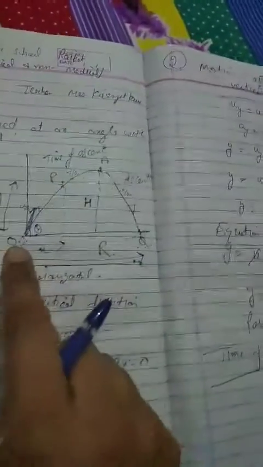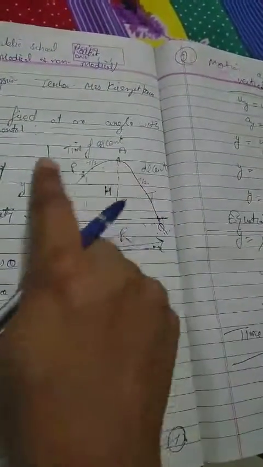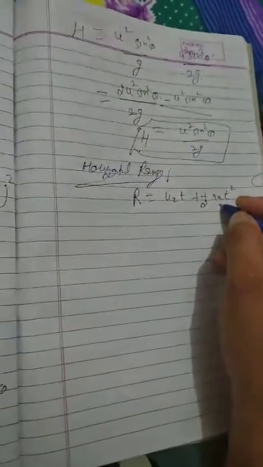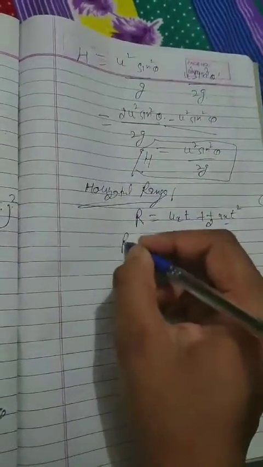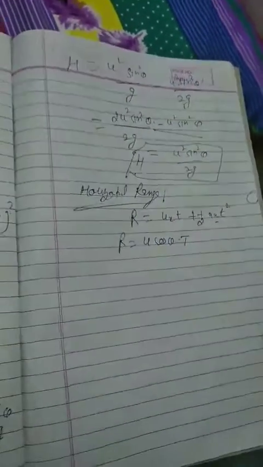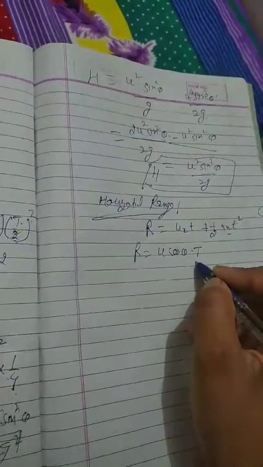Now to cover the distance from O to Q, it will take the full time capital T, so we will put T, and we already know that along the x-axis the acceleration is 0, so R is equal to u cos theta into capital T. We will put the value of capital T,